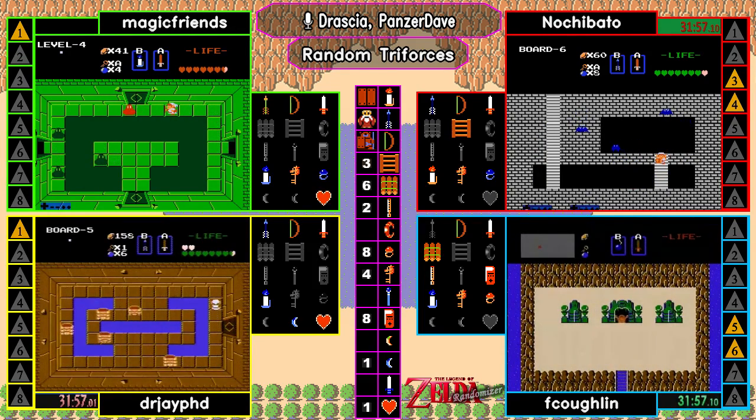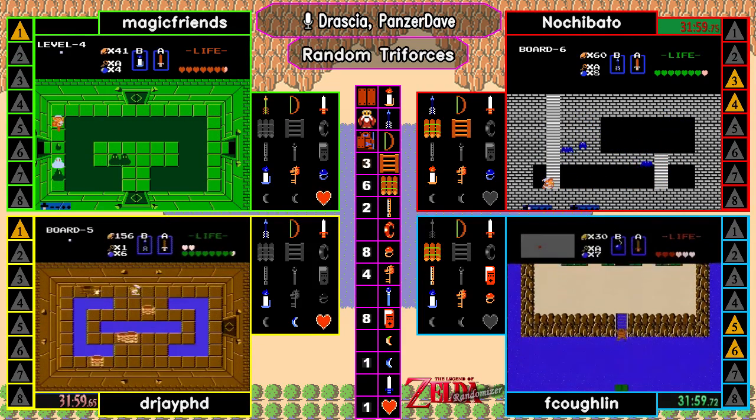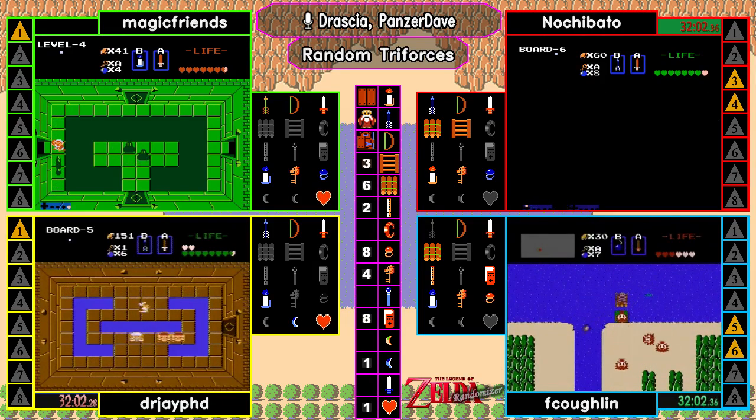Nochi gets the raft. There was a dungeon that was raft locked. 8 was in Vanilla 4, so